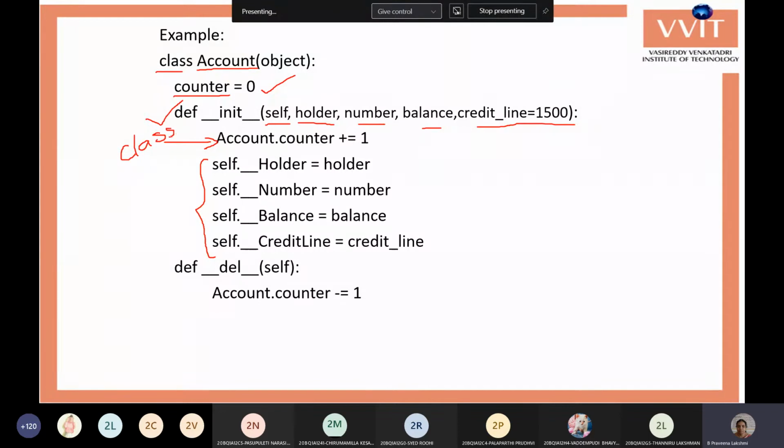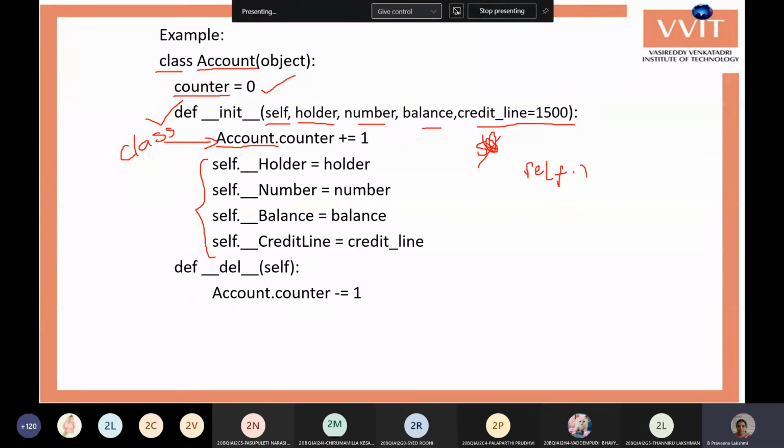So the only difference between class variables and instance variables is that an instance variable is accessible by the self keyword, that is the current instance of the class, and a class variable is accessible with the class name. Say, you can also access this counter with self dot counter. In previous examples we have seen x equals to 0 అని పెట్టేసి మన self dot x అని యూస్ చేసాం.